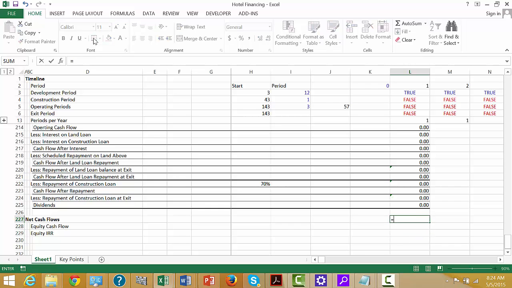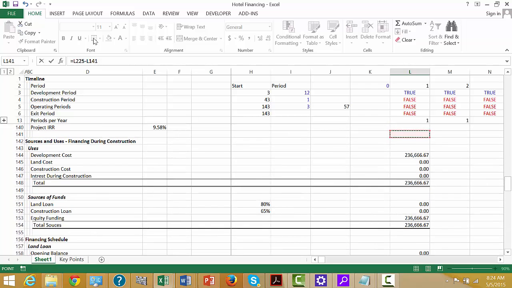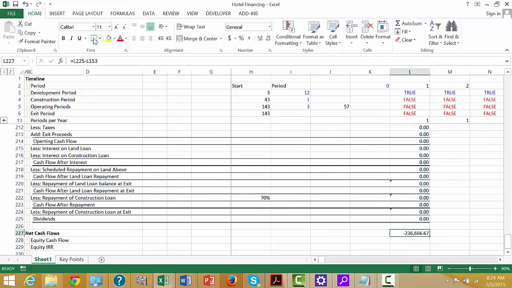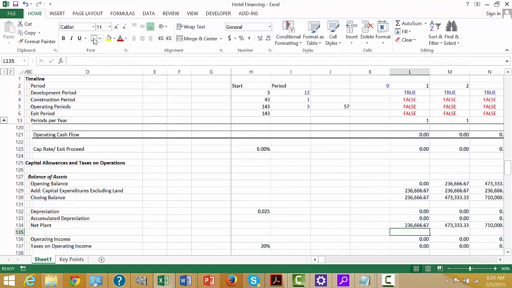So our total equity cash flow is the dividends we get minus the amount we put into the project, which is the equity funding here. That's the amount you take out of your project, and then we'll compute the IRR over here, and then we'll be finished. And the only thing we have left to do really now is to go up here,